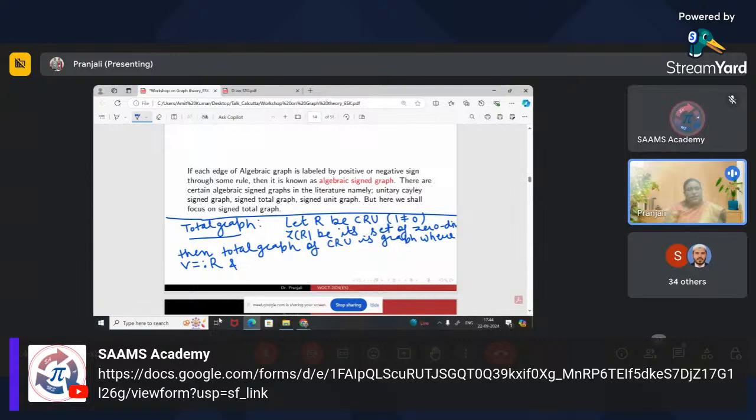So you are taking each element of R as its vertices, and the